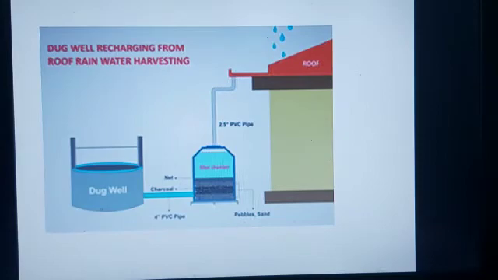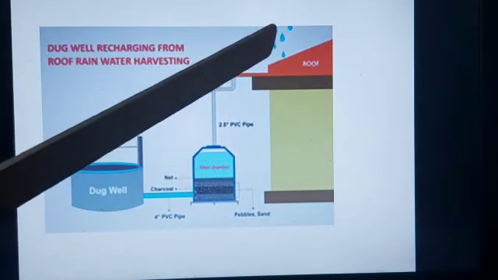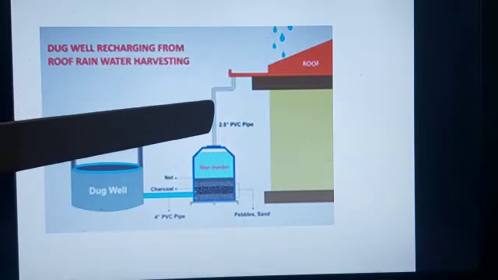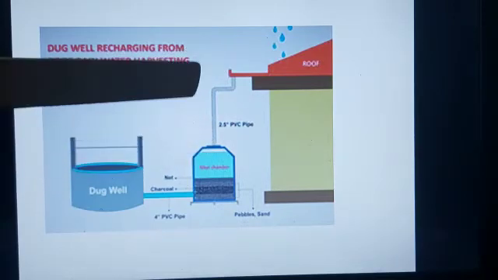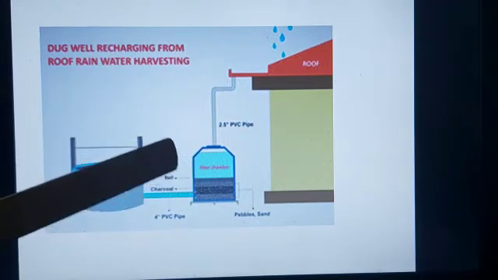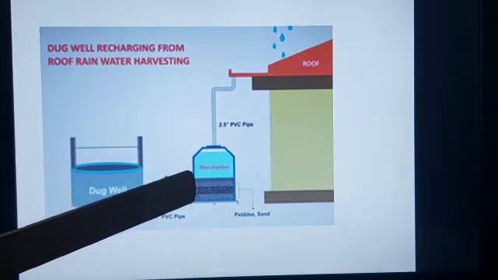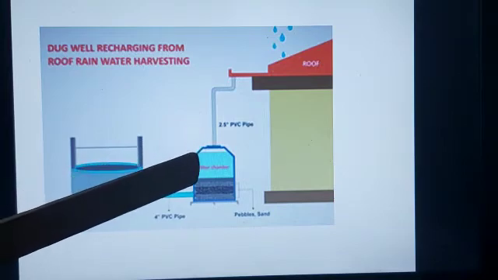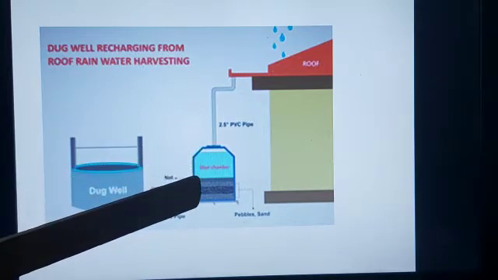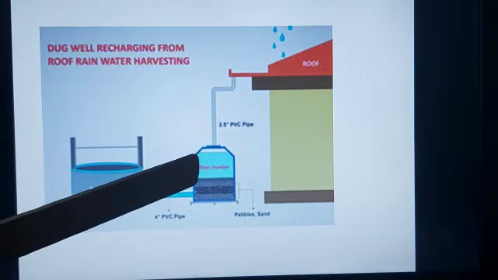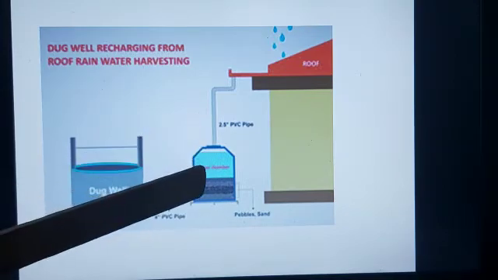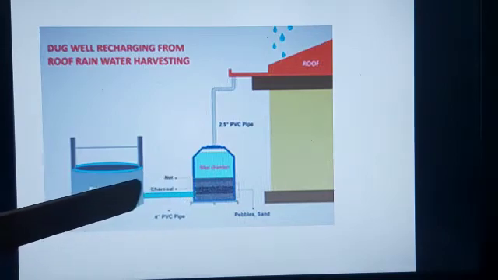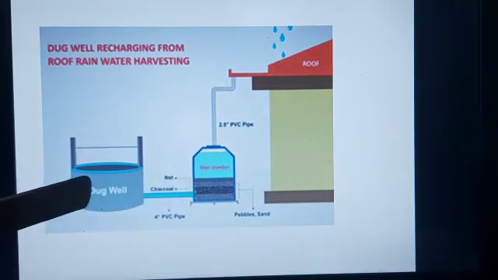So here also you can see one more diagram in which the water is falling on the roof. The water is being collected. Here you can see that PVC pipe is collecting the water. And here one interesting thing is, here a filtration unit is present. The water is falling here in the tank and the water is getting filtered through these various layers of sand, soil, gravel, etc. And then here whatever water is filtered, this water is entering into this pit or a well, and the water is stored here.